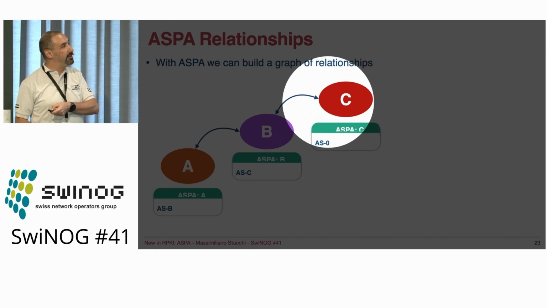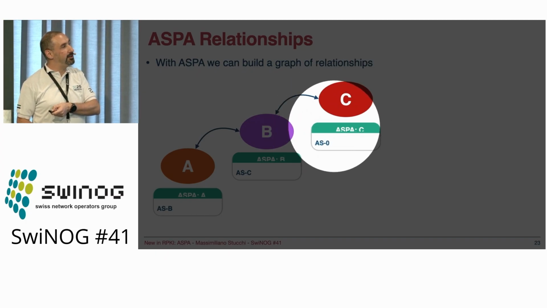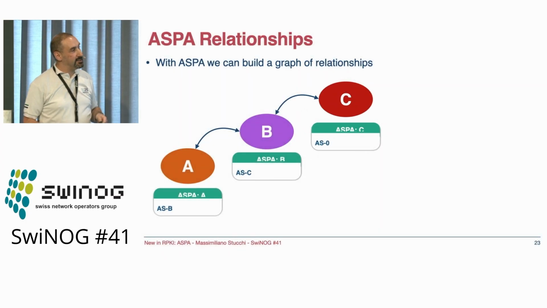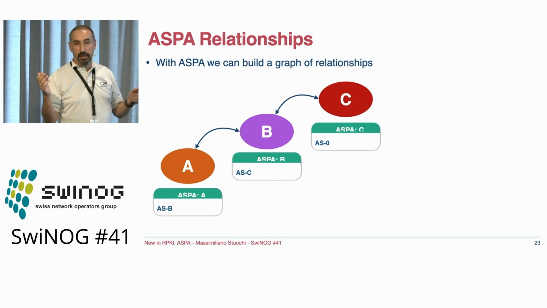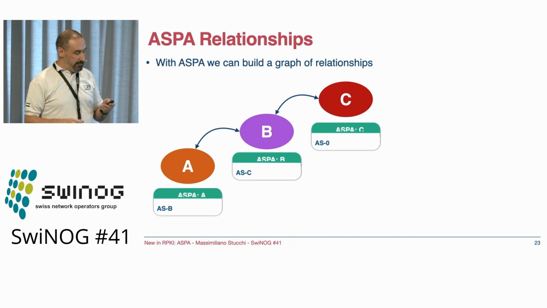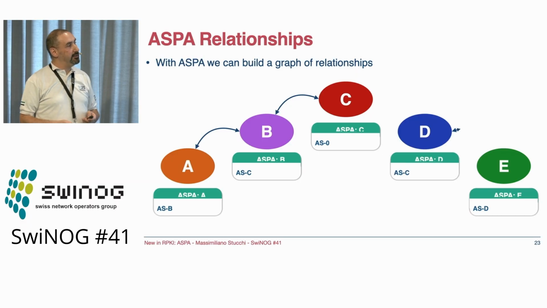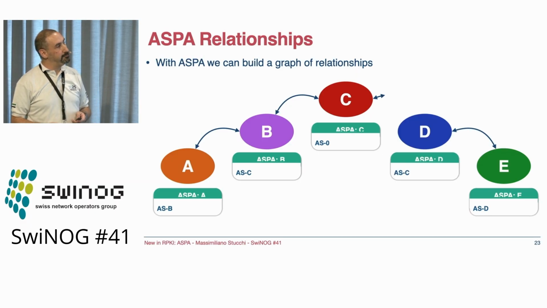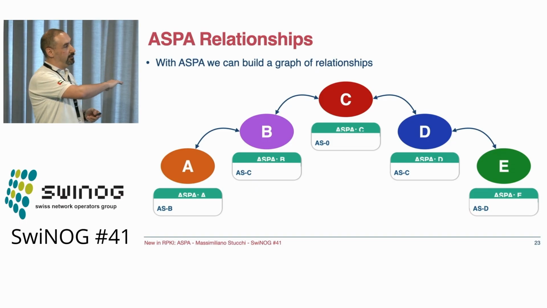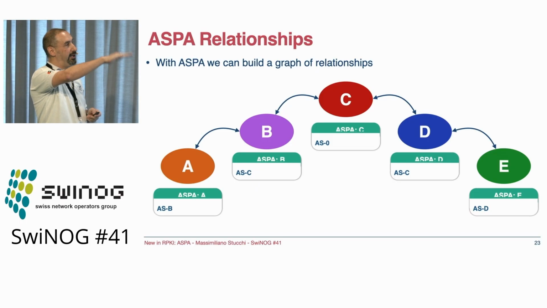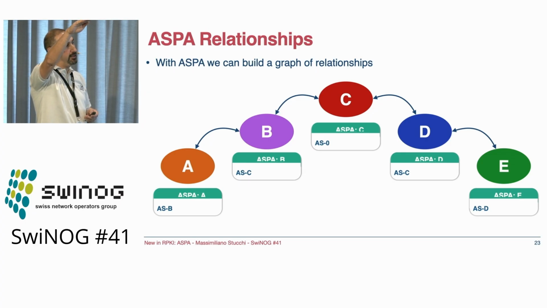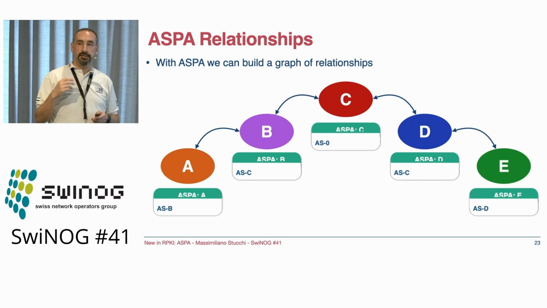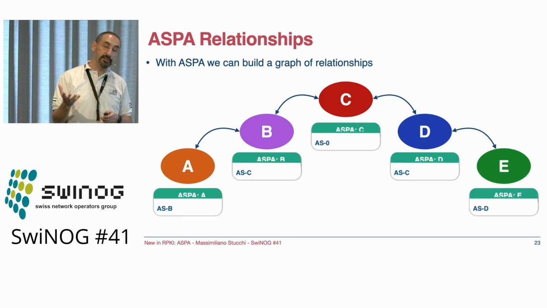ASPA C has AS0 as its ASPA there, which means I don't have any upstreams, and we'll see it in a moment. So if I look at this, I can go from both sides, and I have a whole path. So I go from customer to provider to other provider down to provider and customer. And with this, I basically get two things. Somebody mentioned it this morning already.